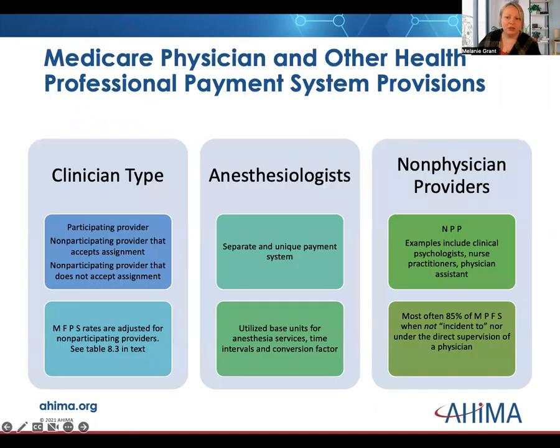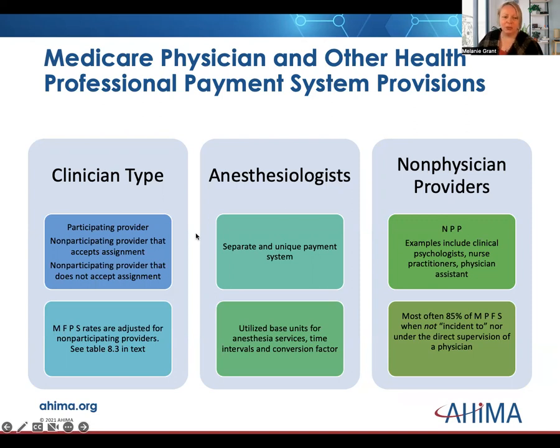Moving right along. One of the other things that we look at in looking at the types of facilities we have is the clinician type in identifying, for example, anesthesiologists versus non-physician providers or NPPs. Based off of the type of provider performing the service, you'll see different amounts of payment for services that have a specific indicator. So once you've determined the conversion factor and the relative value units, from all of that math,